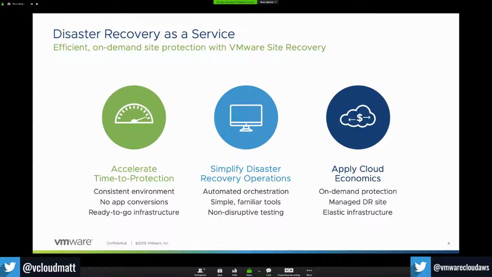And when the DR event kicks off, part of that DR event is calling an API that scales up that environment. And then once that environment scales, we have that Elastic DRaaS component that allows that environment to dynamically scale from there. So,